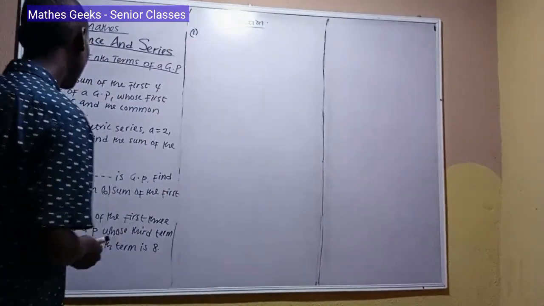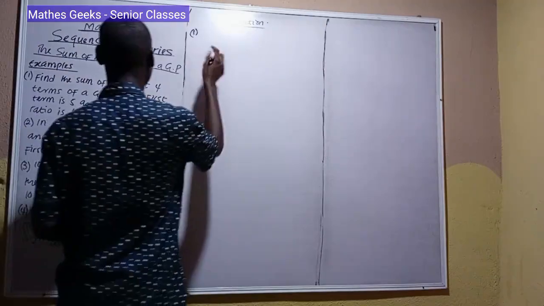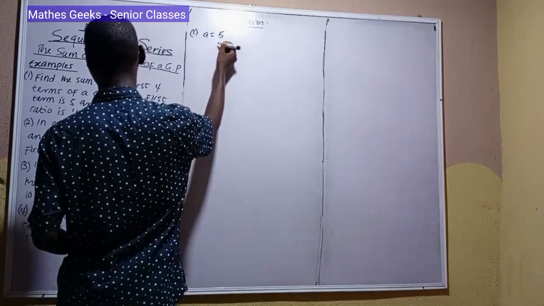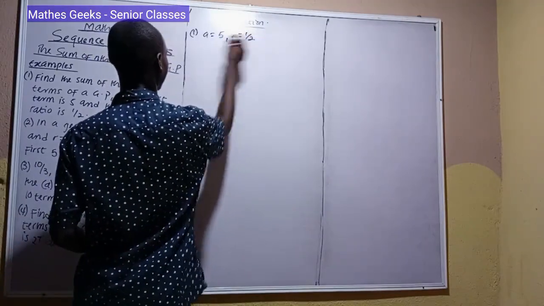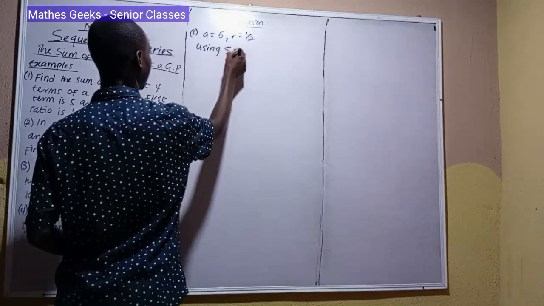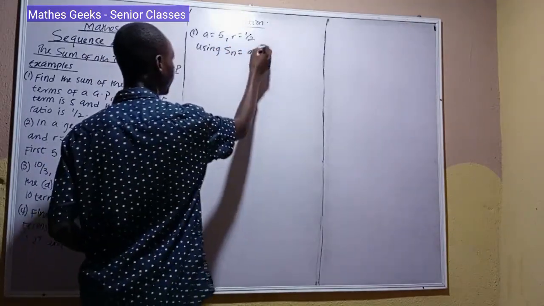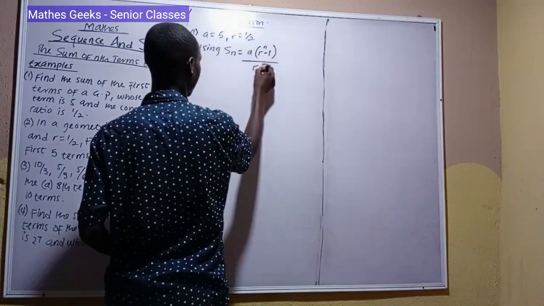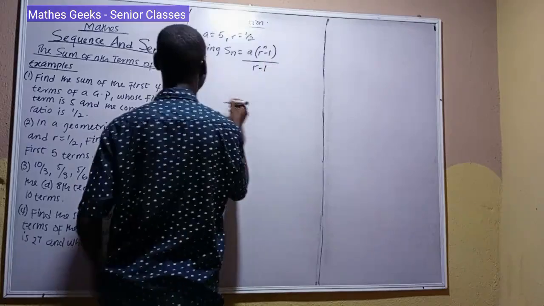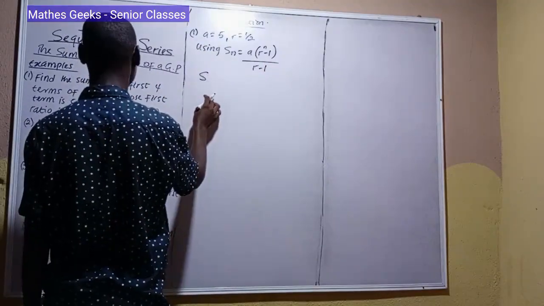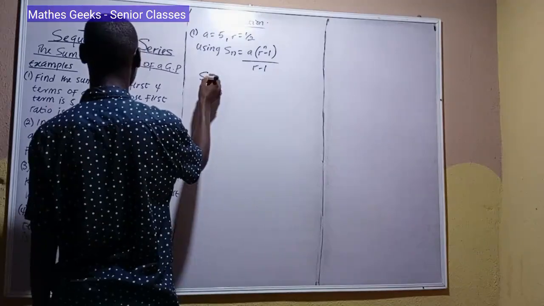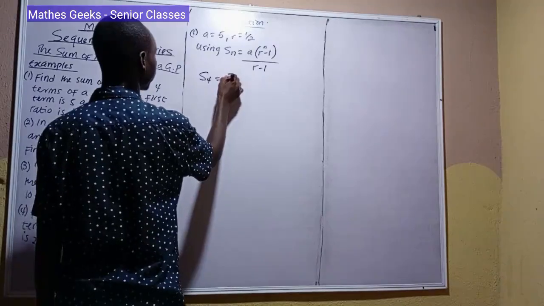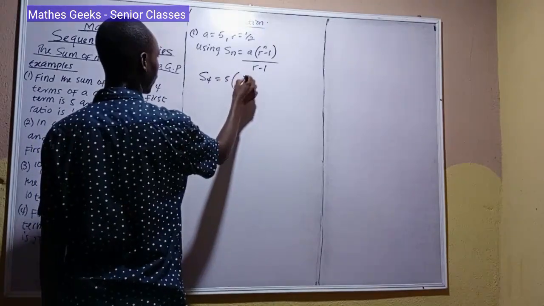Now find the sum of the first 4 terms of the GP, whose first term A is 5, and the common ratio R is 1 over 2. So using Sn is equal to A times R raised to n minus 1 over R minus 1. So S4 is equal to 5